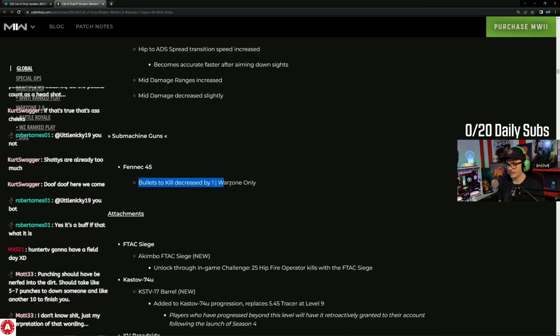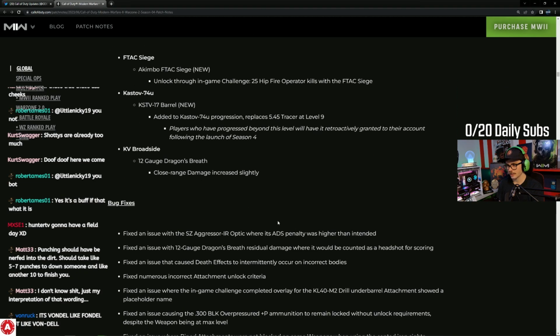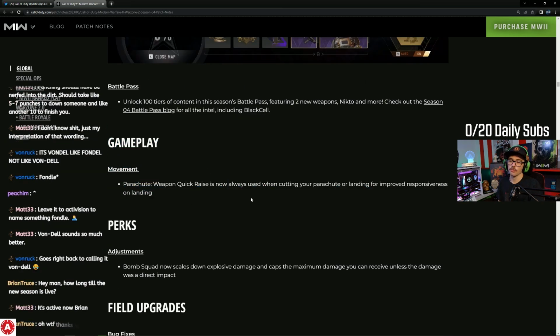The Fennec 45 has seen its bullets to kill decreased by 1, effectively buffing it. KV broadside with the 12 gauge Dragon's Breath. Close range damage has been increased slightly. I wish they'd give us damage numbers on this like they used to, but buffing Dragon's Breath at all definitely is a decision. Gameplay. So interestingly enough, this is the only mention that we got about movement-based changes, even though